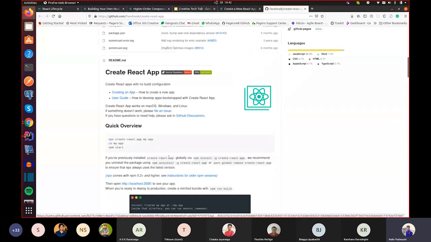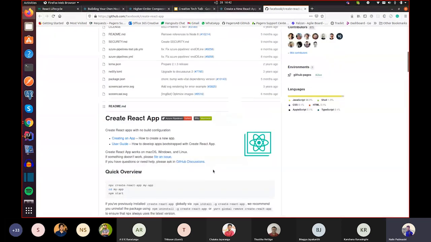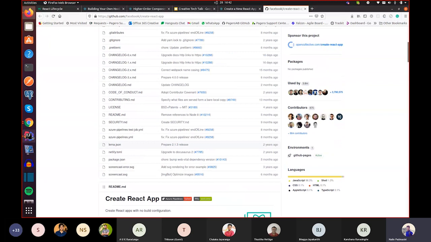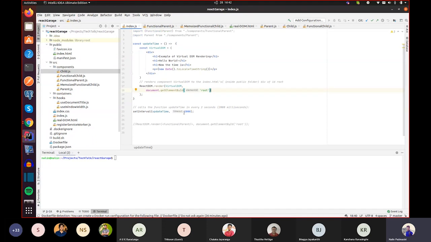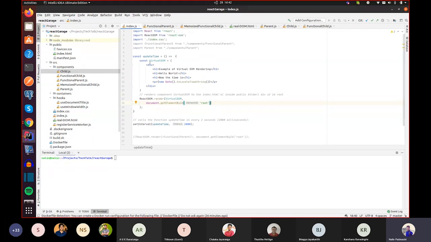I'm not going to discuss those now, but I just want to tell you that I used Create React App for this project. Here I have created a simple component which shows the real time in the UI.